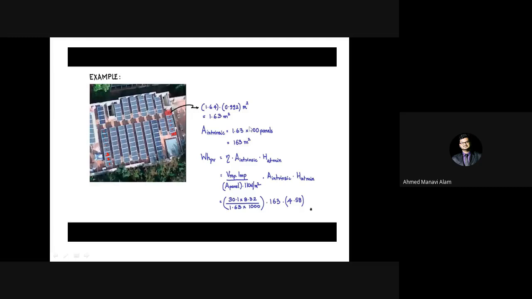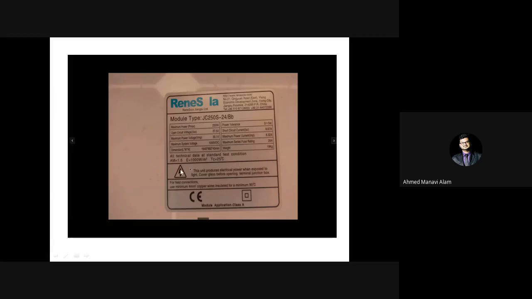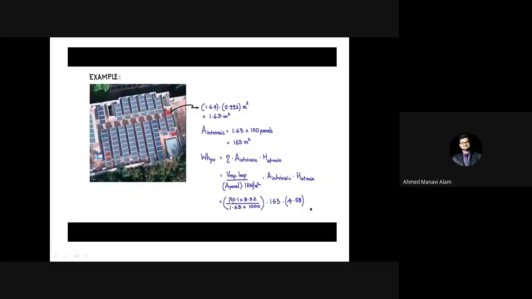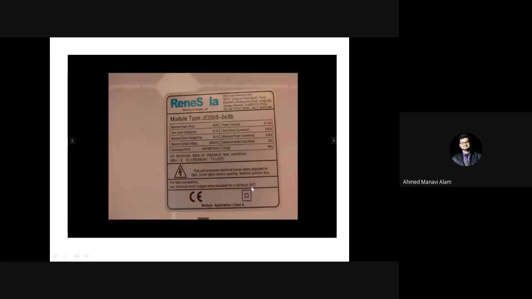Sir, why have you derived the total intrinsic area? Because the formula WHPV equals efficiency times intrinsic area times HAT minimum. That is why I have found this total area here. Now, to find the efficiency of the module, there is no efficiency directly given. So what you do, remember, is take VMP times IMP, maximum voltage times maximum current, divided by area times standard insolation.